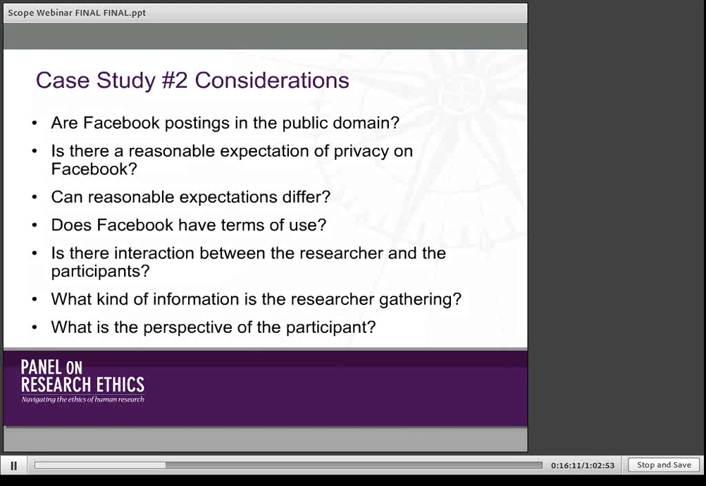In its statement of rights and responsibilities, Facebook says that if you collect information from their users, you must obtain their consent. You must make it clear that it's you and not Facebook that are the ones collecting their information, and you must post a privacy policy explaining what information you are collecting and how you plan to use it. A final consideration is the perspective of the participant,